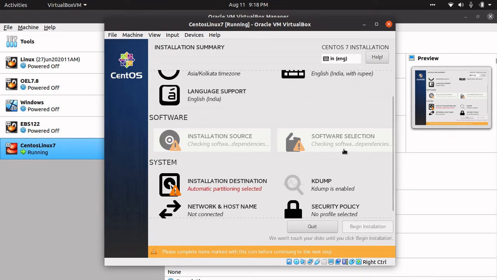As soon as I check for the different type of installation, it will do a check again, to see whether the selection you have made, based on the ISO, has that feature available in that ISO or not. Let it do that. Meanwhile, you can go ahead and do the other setups.